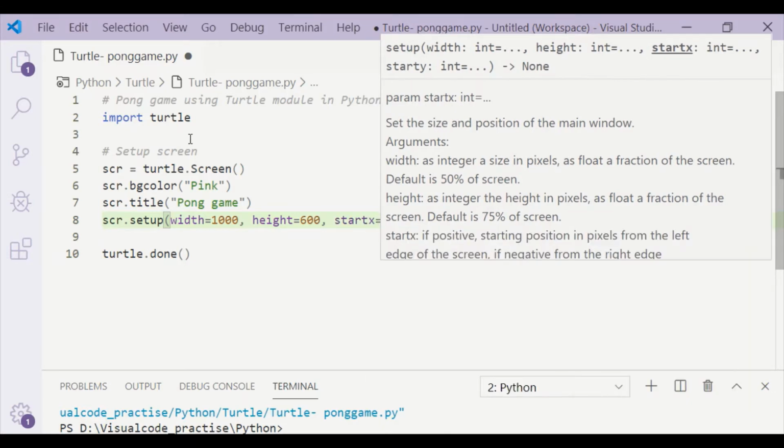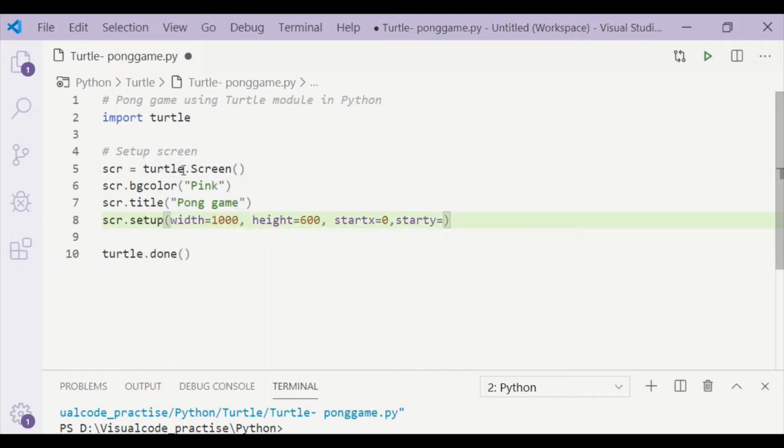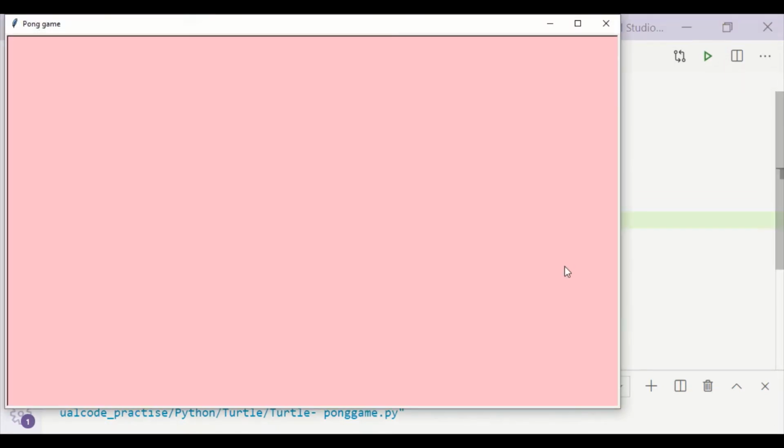That is, the window will be at the top left corner. We have to remember the width and height mentioned here are in pixels. We can see our window started at top left corner and the title is displayed as Pong game.